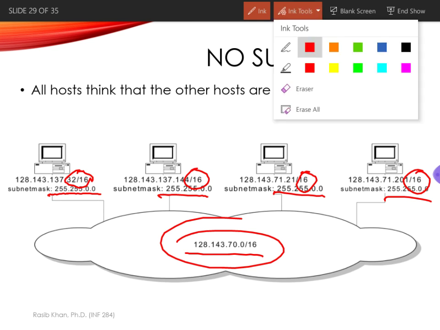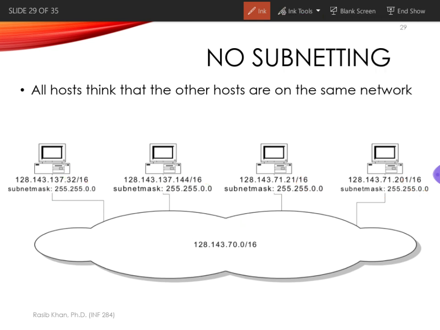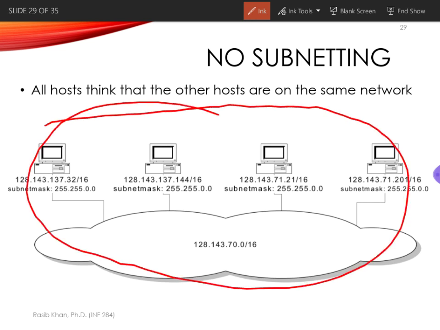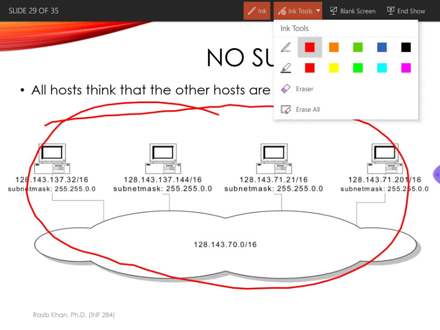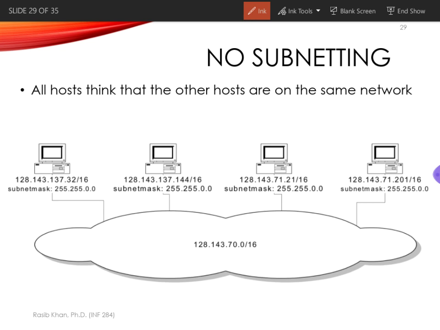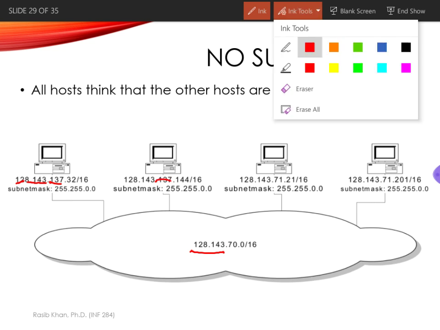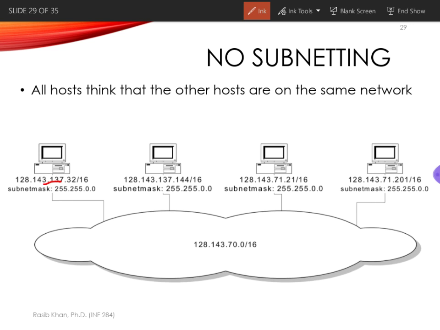All right. However, as we have seen before, without subnetting, all the hosts are part of the same network, even though they have different kinds of IP addresses here. So the first 2 octets, if you see, start with 128.143, which is our network ID, and then the next octets are 137 for the first two hosts, and 71 for the second two. So if we try to efficiently create a subnet for this setup, we can say that